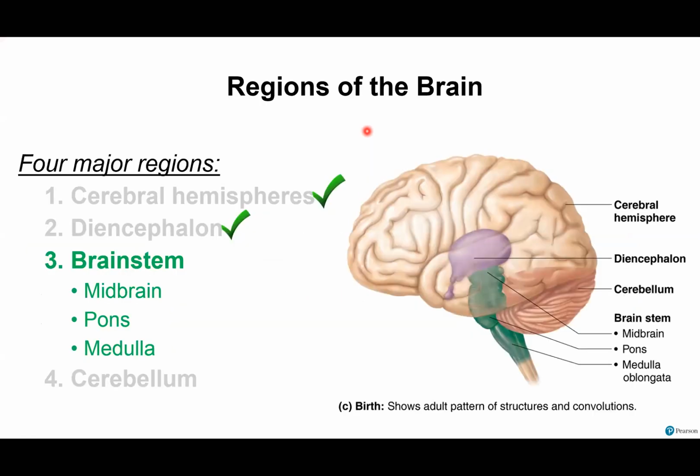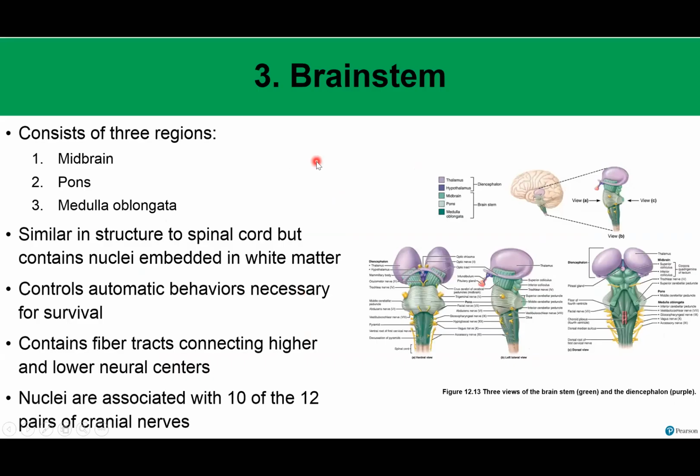So now we've talked about the cerebral hemispheres, we talked about the diencephalon, and we're going to now talk about the brainstem before moving on to the cerebellum. So the brainstem itself consists of 3 major regions. If these are the hemispheres, and the purple thing was the diencephalon, everything in green is considered brainstem. And so the most superior portion is called the midbrain, and then we have the pons,